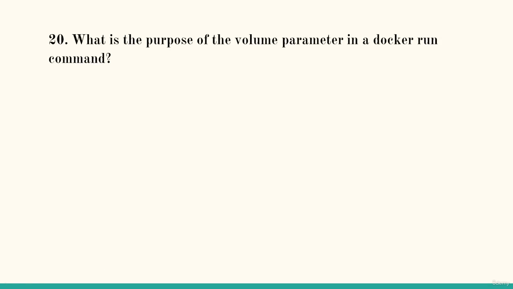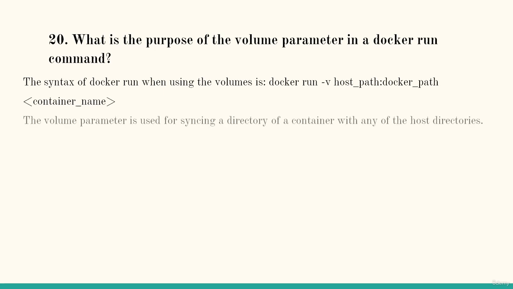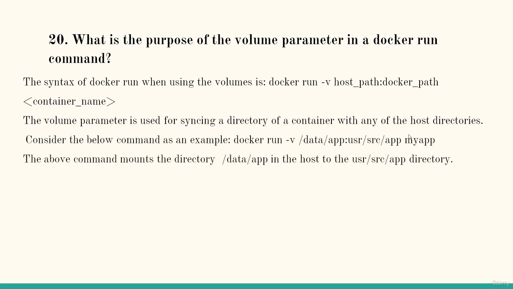Now, what is the purpose of the volume parameter in a docker run command? The syntax of docker run when using the volume is docker run -v host path, then colon, docker path, then the container name. So the volume parameter is used for syncing a directory of a container with any of the host directories. Consider the below command as an example: docker run -v /data/app: